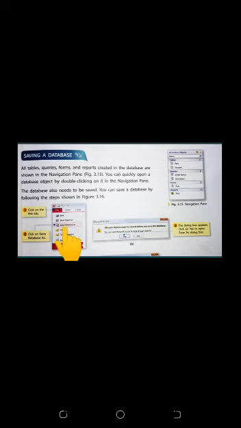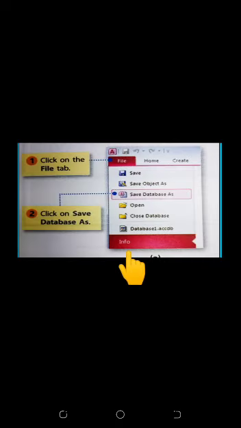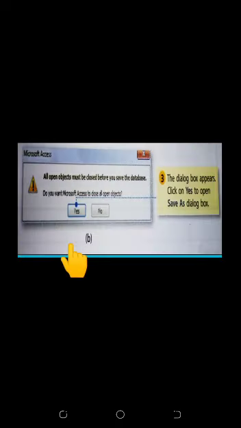When you click on Save Database As, one dialog box will open. It will say all open objects must be closed before you save the database. It means if you have opened a table, query, form or report, then first of all you have to close it. When you close it, then you can save your database.